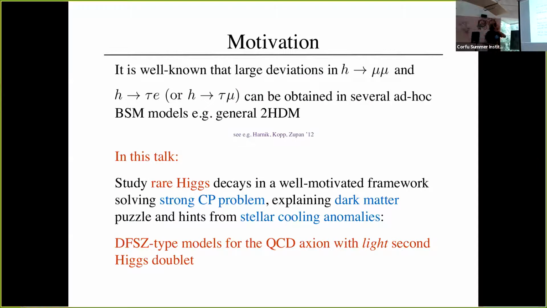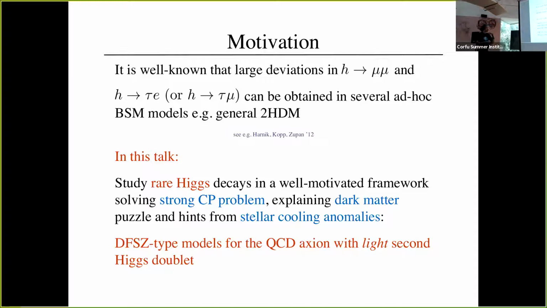Okay, so it's pretty well known that large deviations in H to mu mu and either H to tau e or H to tau mu can be obtained in several BSM models, but mostly ad hoc models, like, for example, the general two Higgs doublet model, which is a very interesting effective theory for many models. So in this talk, I will